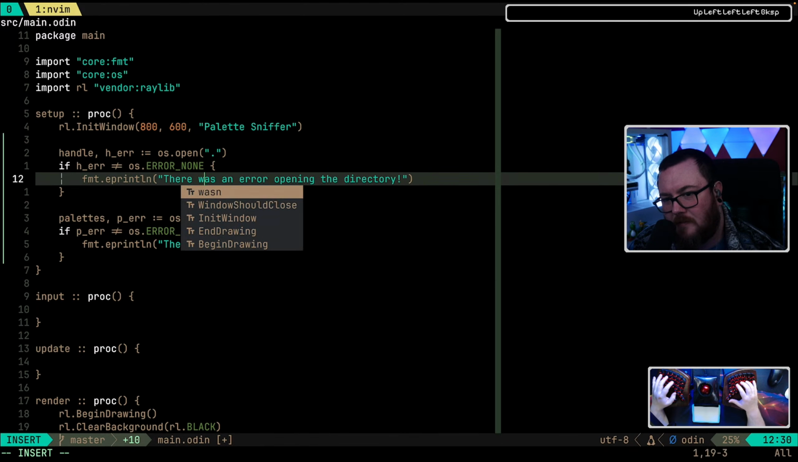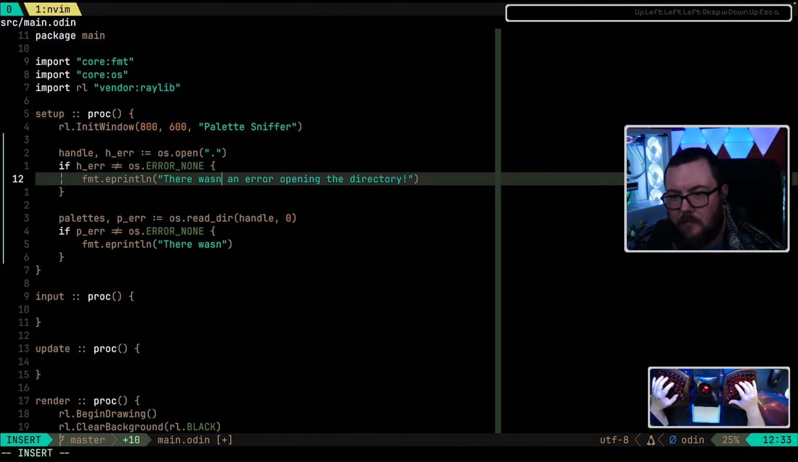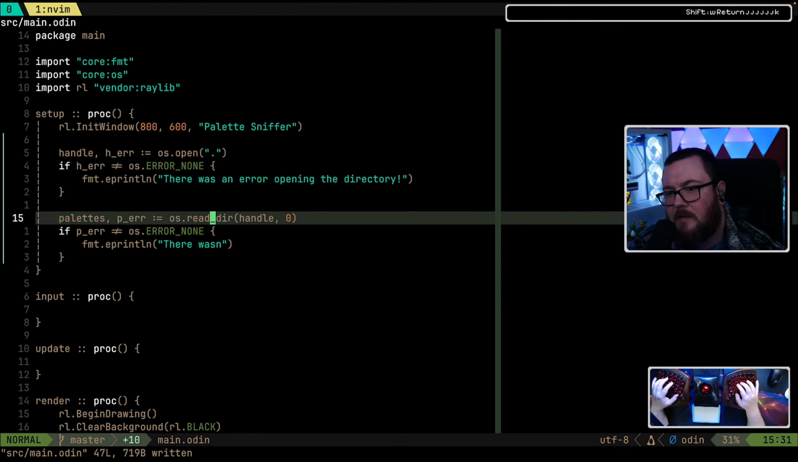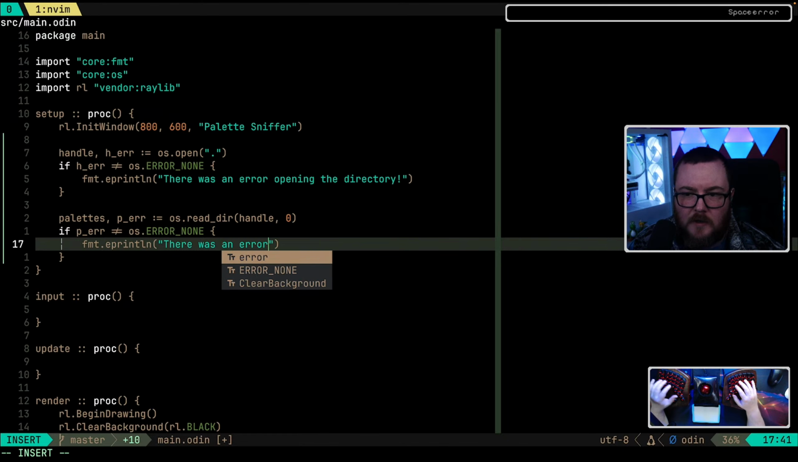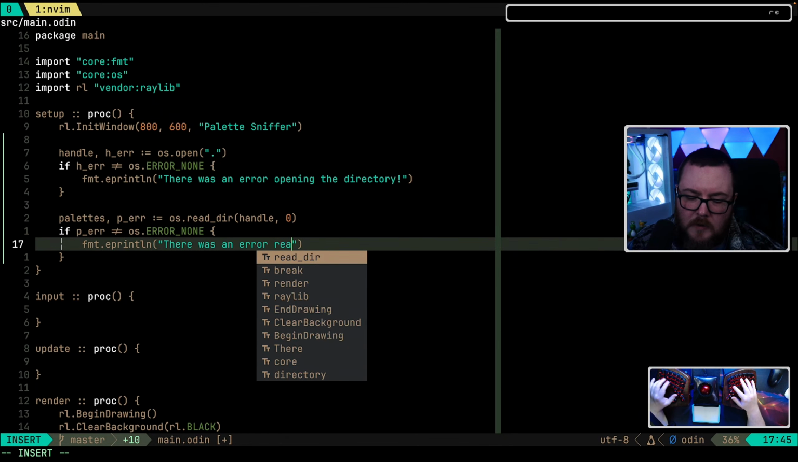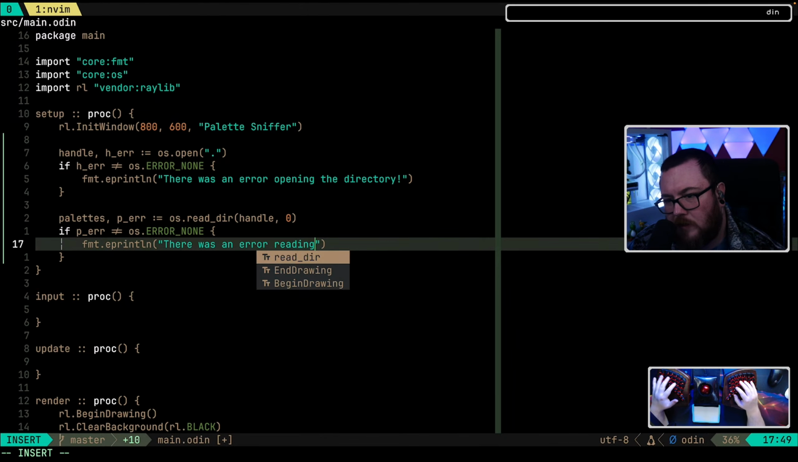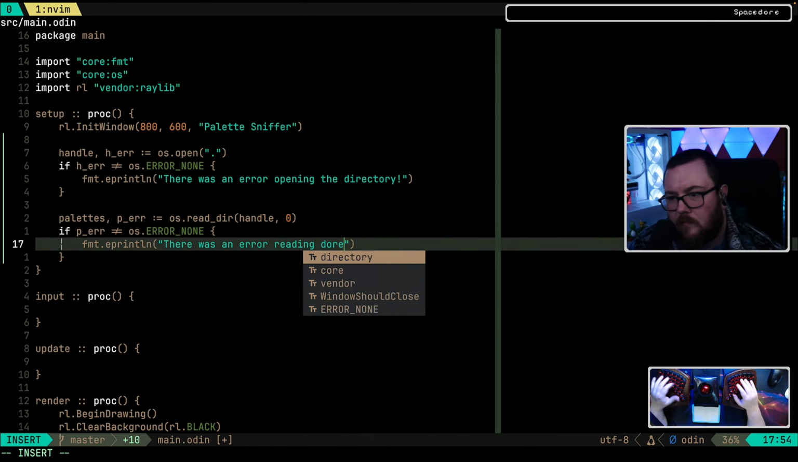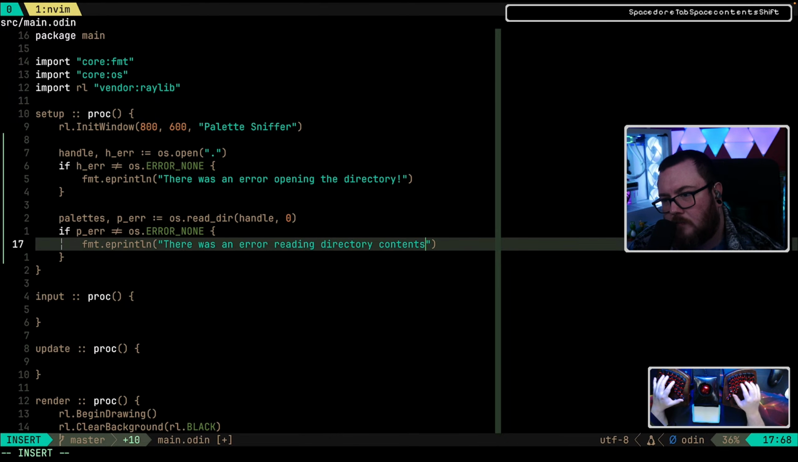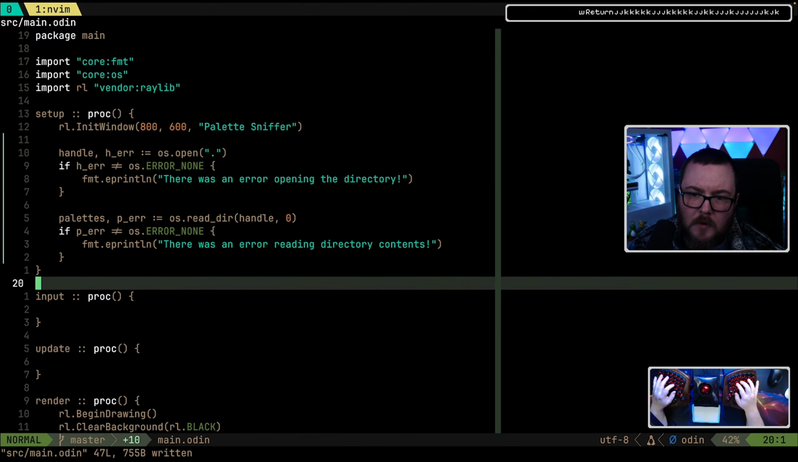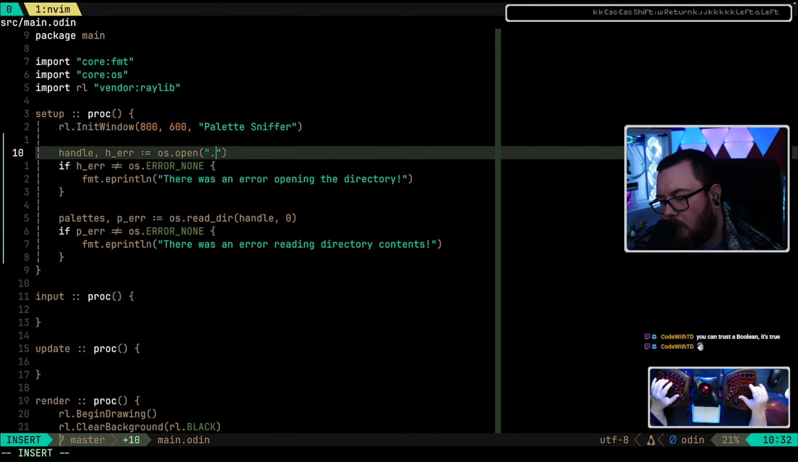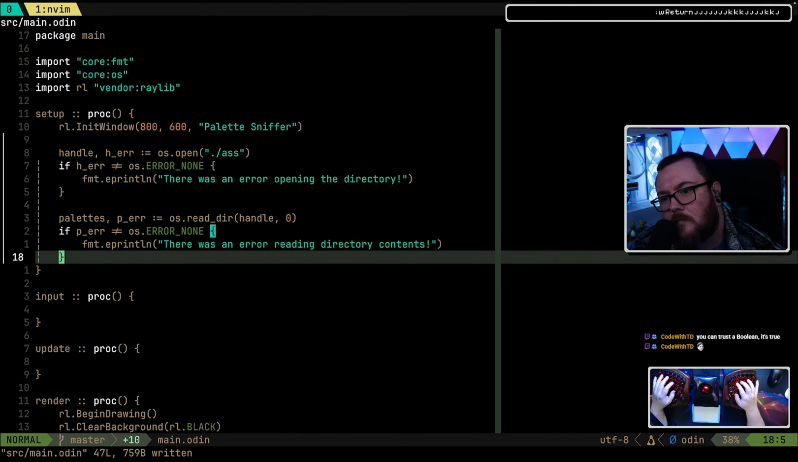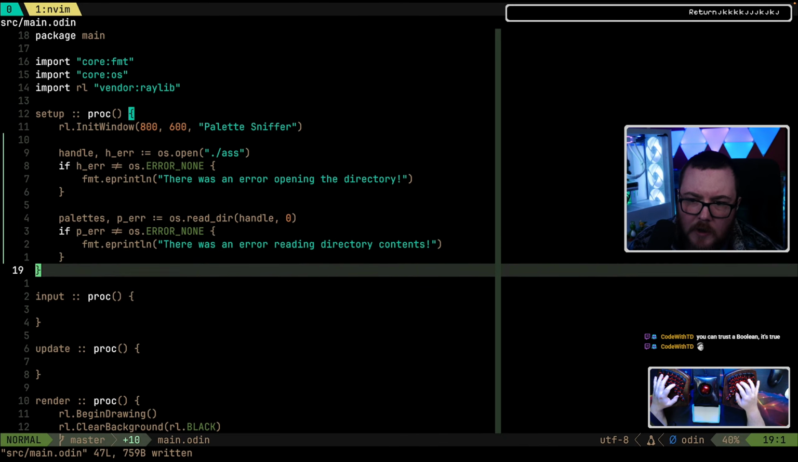Just noticed a typo actually. There was an error opening the directory. There was an error reading directory content. Okay, so we actually want this to go to our asset folder. And